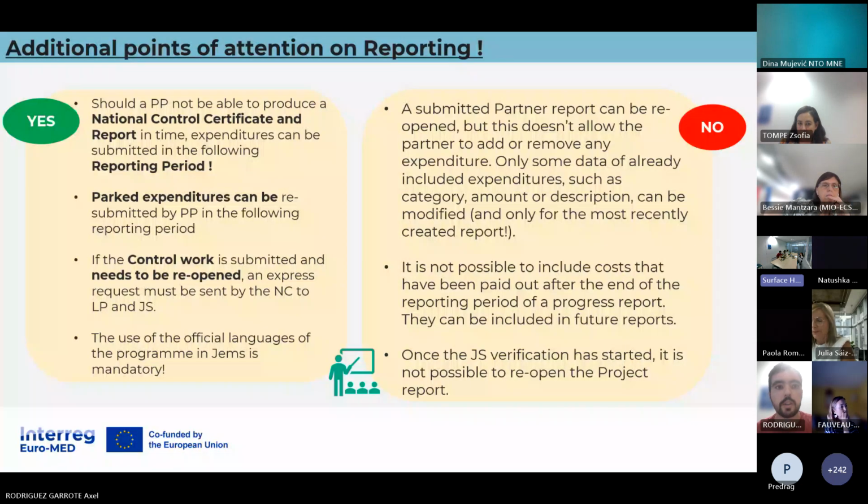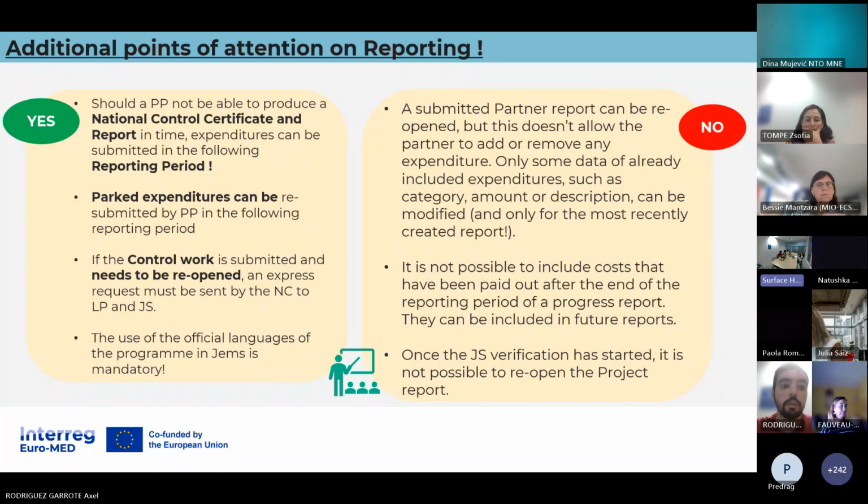There are a few additional points of attention on reporting. Very quickly, as I said before, if a partner cannot declare expenditures, they can be declared afterwards in future project reports. And also if the national controller cannot generate the control certificate and report on time, it can be included in future reporting periods.